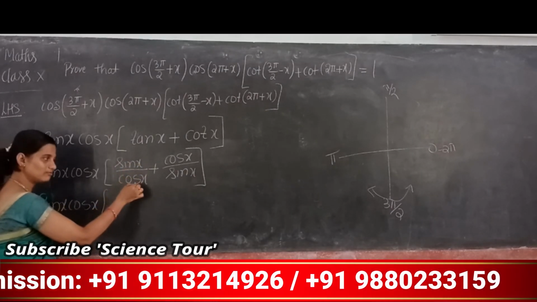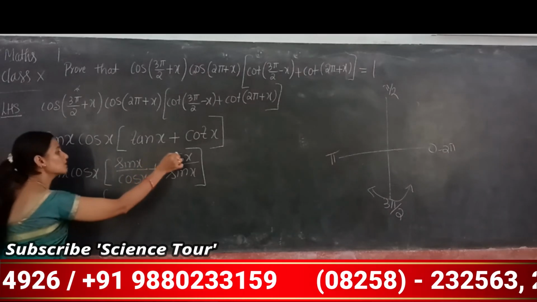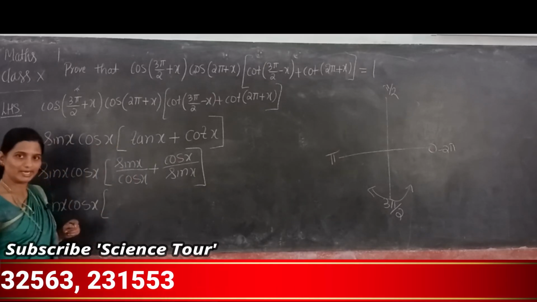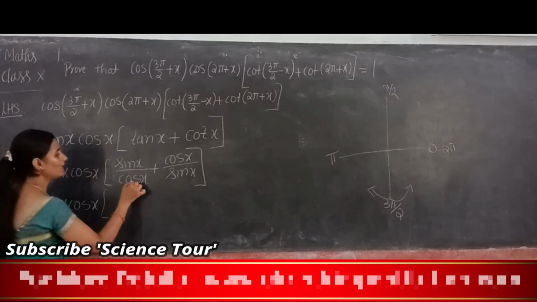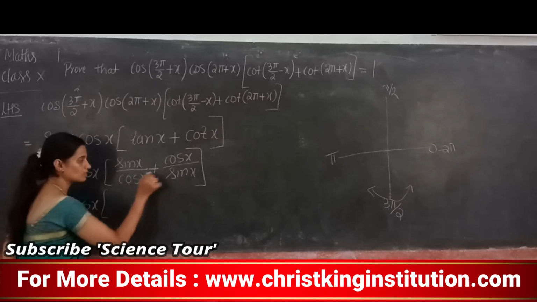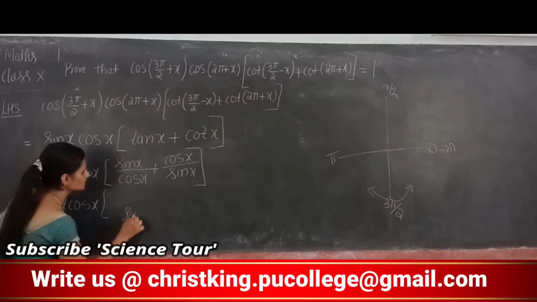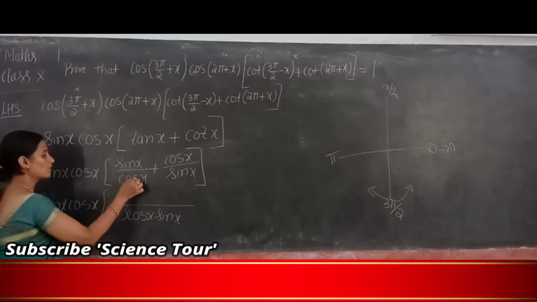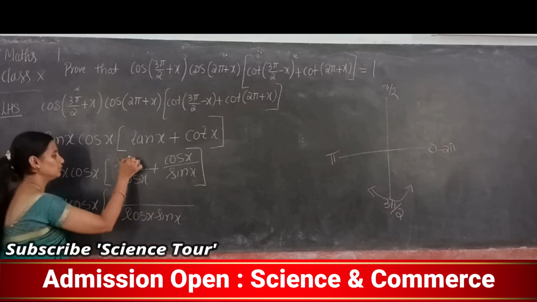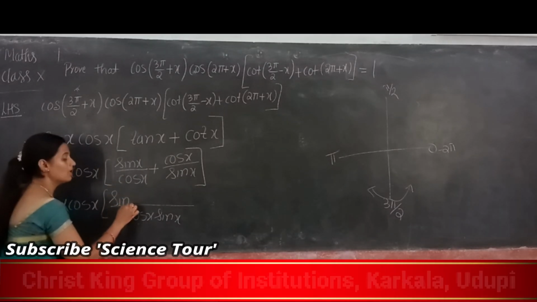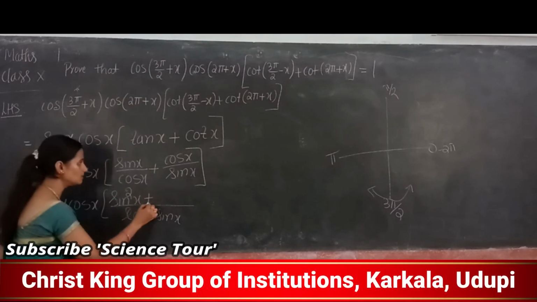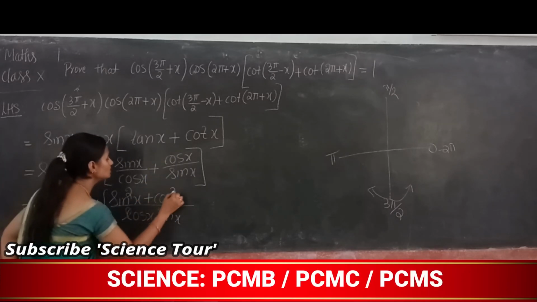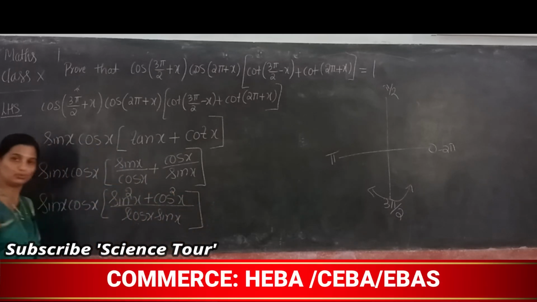Now, sin x divided by cos x plus cos x divided by sin x. So, addition of these two, right? Now how to add this? Take LCM. So, for sin x and cos x, the LCM is cos x into sin x itself. Now cos and cos get cancelled, sin into sin. It is sin square x plus, sin and sin get cancelled, cos x into cos x is cos square x. LCM part you know, right?